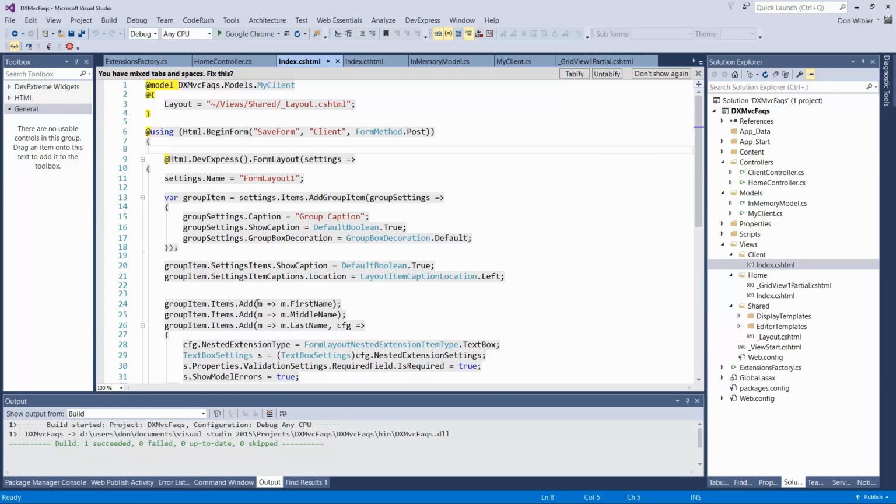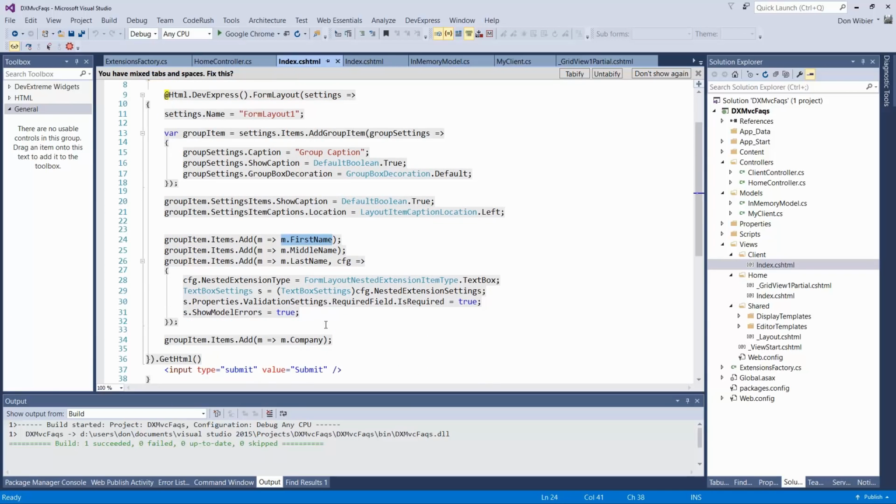And what you see is that we will just bind to specific properties here. In this particular scenario, especially this one and this one, it will check if there are attributes set on top of that particular property. But we can also fine-tune